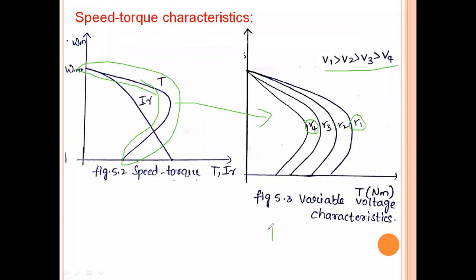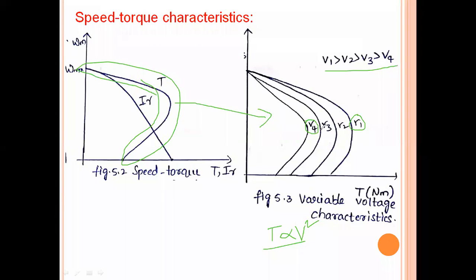We already seen that the torque is directly proportional to the square of the stator voltage. From equation 514, we have seen this relationship. The torque is directly proportional to the square of stator voltage, or V. Therefore, as the voltage is reduced, then the speed is also reduced. You can see V1 is highest voltage, V4 is lowest voltage. Then if you reduce the voltage to reduce the speed,